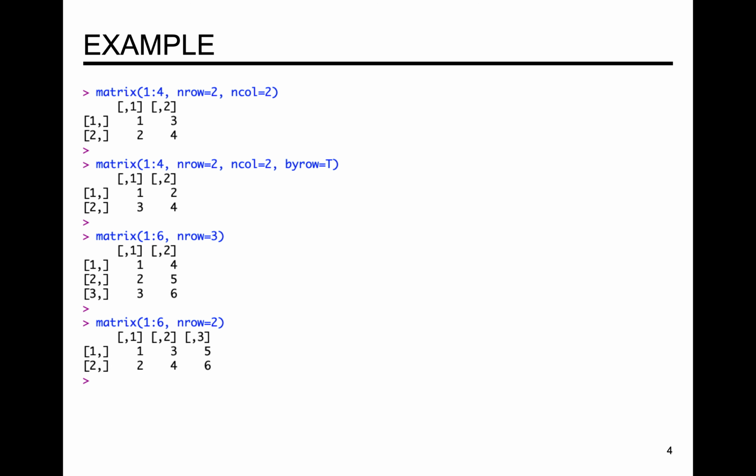In the next example, I type matrix(1:6, nrow = 2). Again, I didn't specify ncol, so R takes the 6 elements and says, hey, I need 3 columns. So it creates 3 columns. I also didn't specify byrow, so its default value is FALSE, and it takes the 6 elements and lays